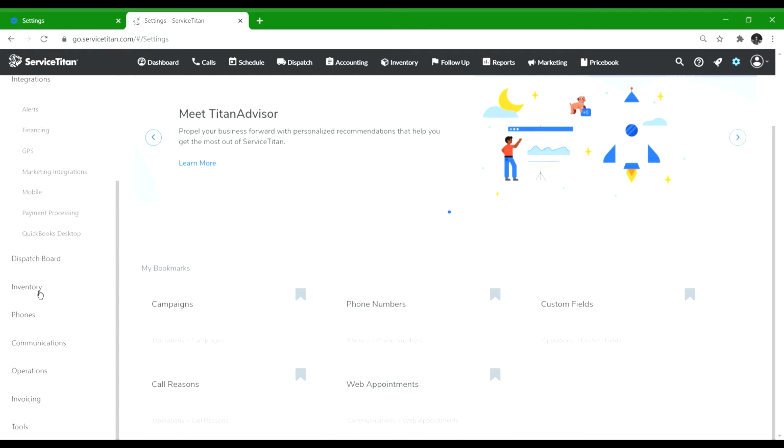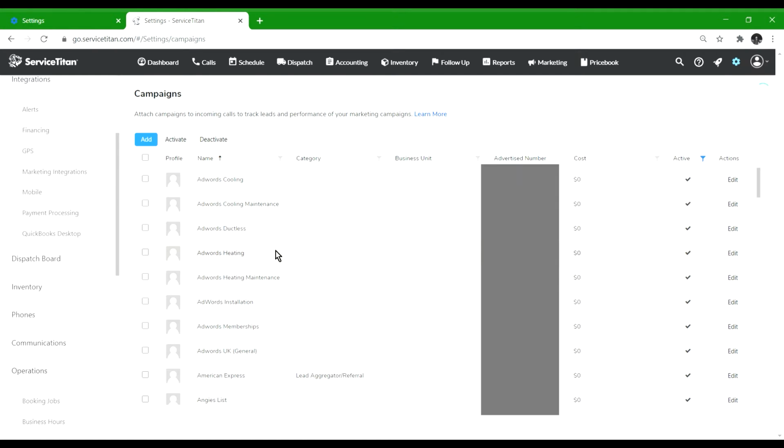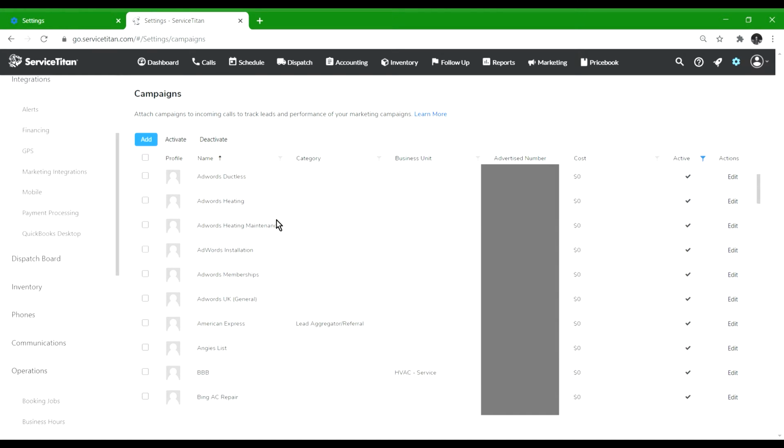As you can see, Service Titan has a lot of features, and I think these are the most important ones for you to understand and know, because they will actually make your business more profitable if you use them correctly. For example, campaigns. So I'm going to share with you some of my campaigns over here. I'm not going to show you the whole list, but as you can see, I have a lot of different